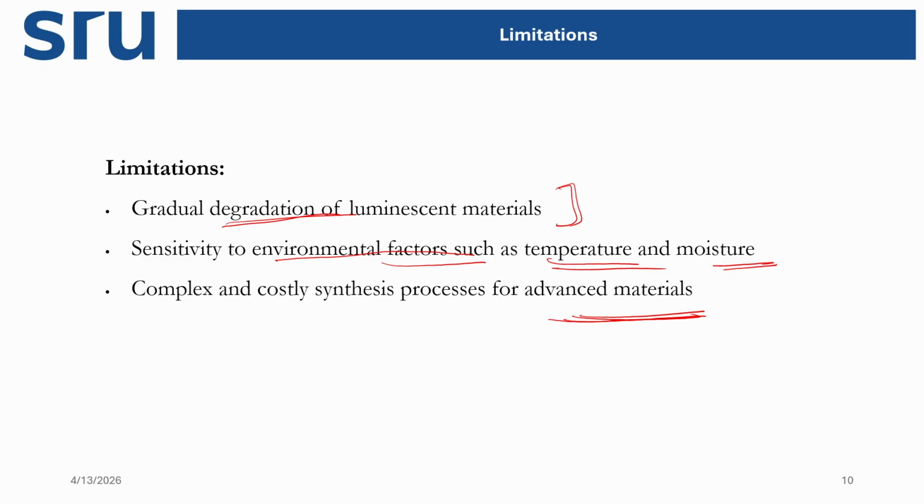But if the synthesis process is costly, then the overall cost of the materials will be very high. In that case, it cannot compete with normal conventional lighting systems. So if the synthesis process is very complex or costly, then we have a problem utilizing it on a large scale. So these are the limitations of the